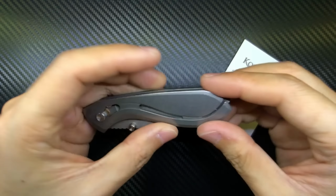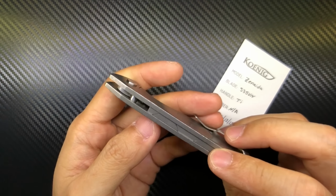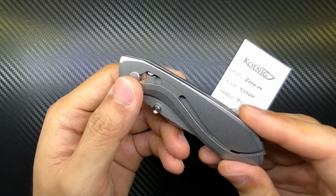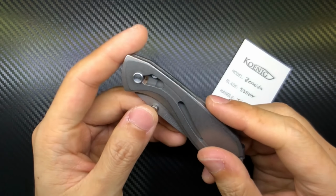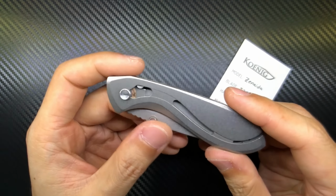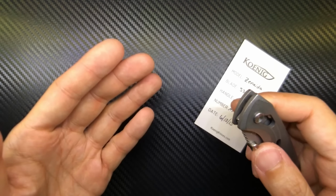I believe that this was actually procured from the BLADESHOW itself. Now, I know that there are a few pieces out there where people actually went and visited the BLADESHOW and managed to get themselves one of these. I believe that these were maybe the prototypes or maybe part of the first run that were made to be shown off at the BLADESHOW, because I got into the knife game kind of late, like just recently, so I've